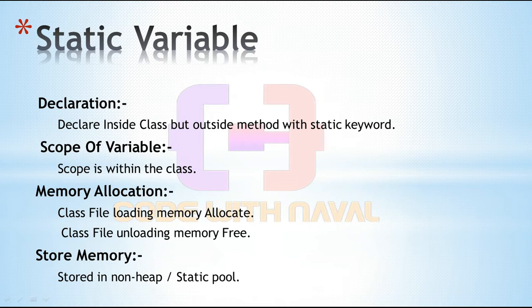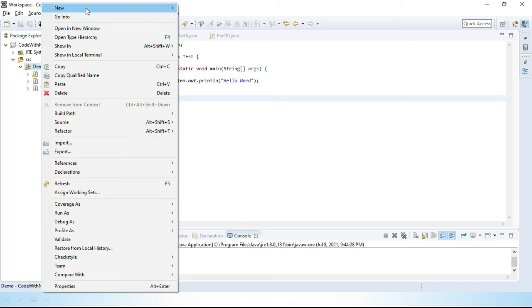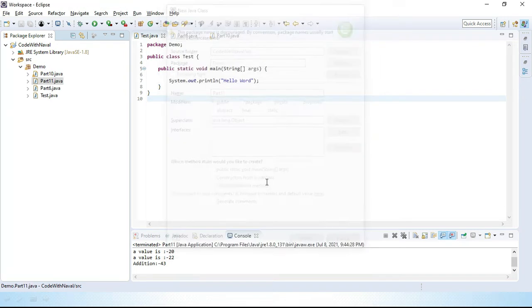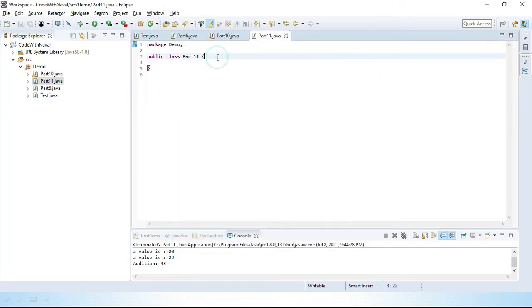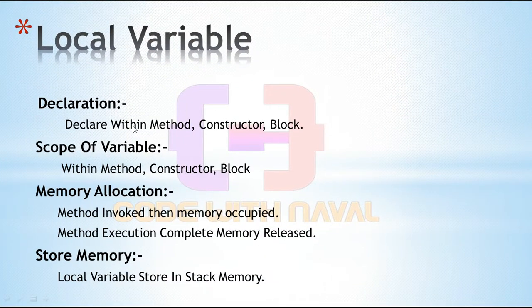Now it's time to perform a practical. I simply open my Eclipse workspace and create a class named Part11, because this is the 11th video. As we understand, a local variable can be created inside a method, so first we have to create a method.